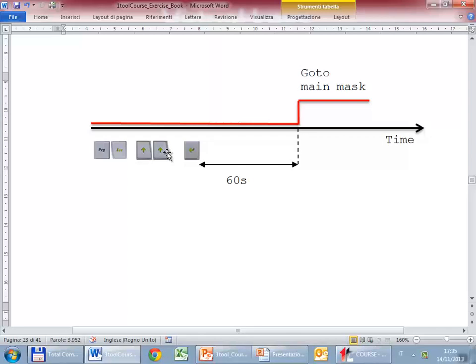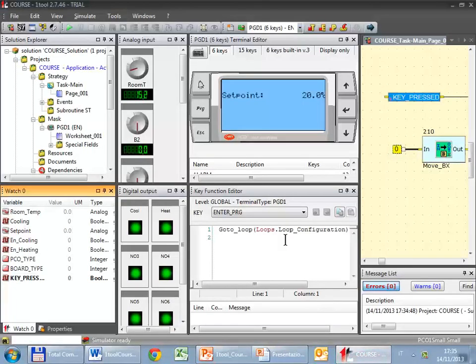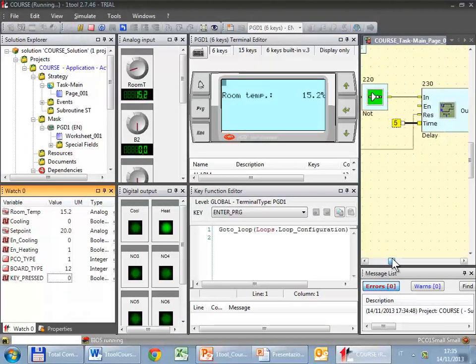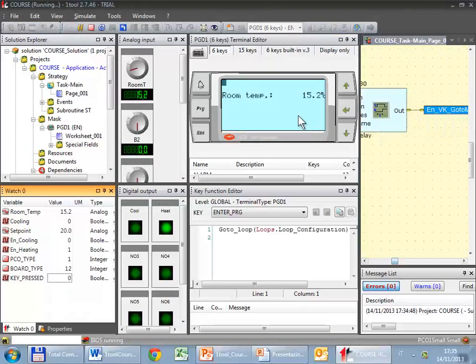Let's see if the strategy behaves as I just told you. Start. Maybe you remember that with the I we can see the value of the output. So press,